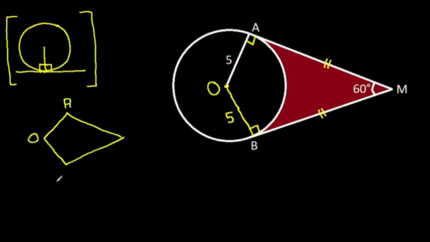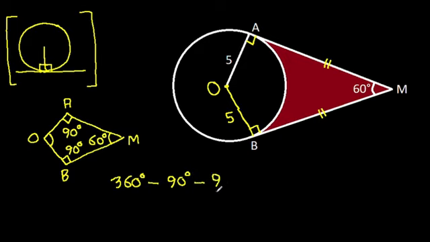in AOBM, this angle is 90 degrees, this angle is 90 degrees, this angle is 60 degrees. So this angle will be 360 degrees minus 90 degrees minus 90 degrees minus 60 degrees. That will be 120 degrees. So this angle is 120 degrees,